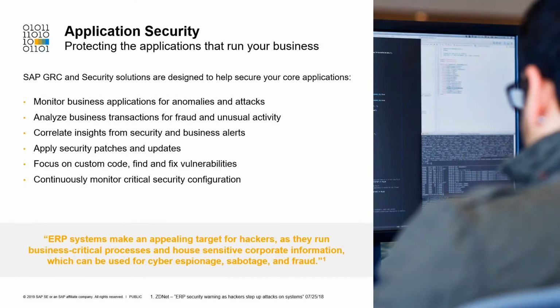And then on the other side, we have application security. So how do we monitor the actual application and make sure that we don't find anomalies in terms of user behavior, right? Typically, we would see a certain change in a user's behavior if that user has been compromised and is being used for a cyber attack. Or we can even look at specific transactions and say, how have the business transactions changed in terms of the frequency that they're being completed in, or even look at amounts for, I don't know, procurement and so forth. So there's a lot of different things that would tell us whether or not our system has been